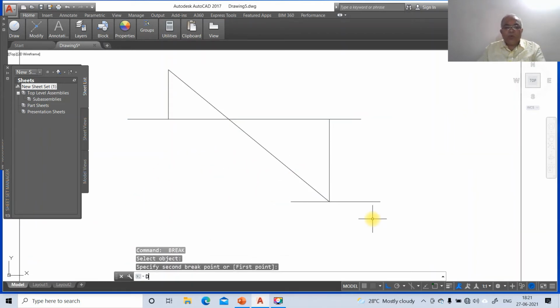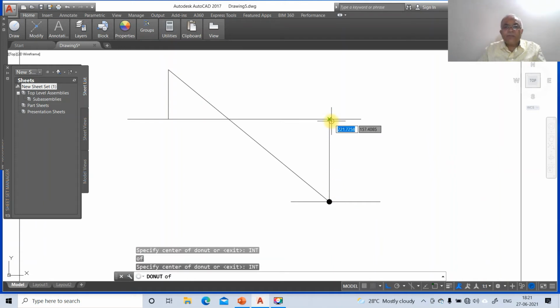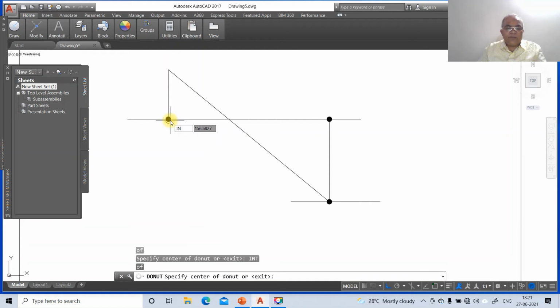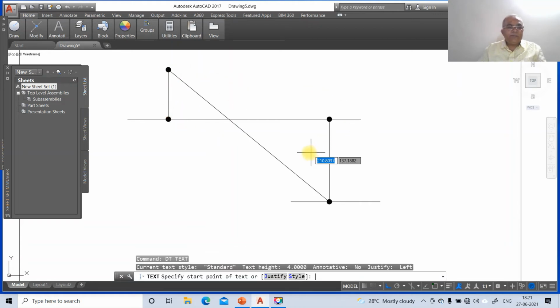Now we need to go for donut. Donut, take 0 and take 3, and take intersection point of this and INT of this, and intersection point of this and INT of this. Then go to D text.